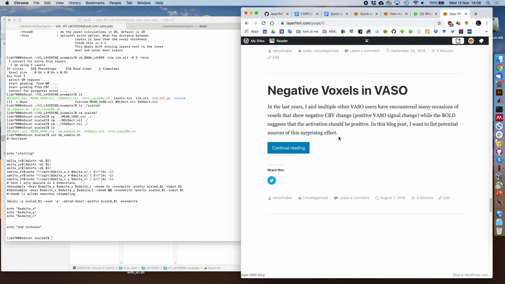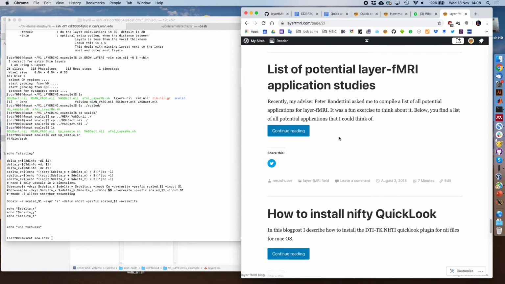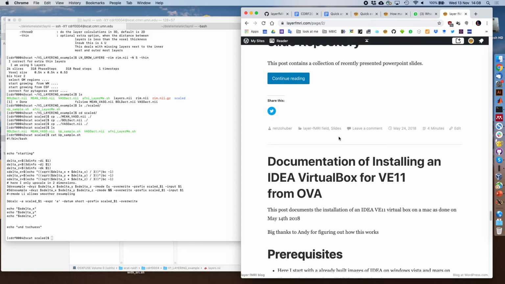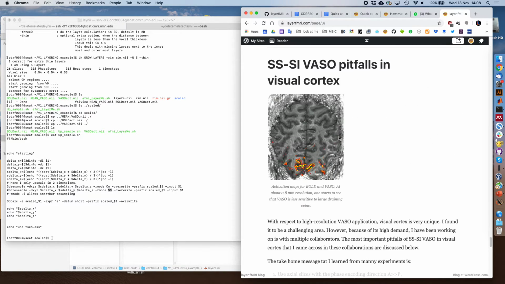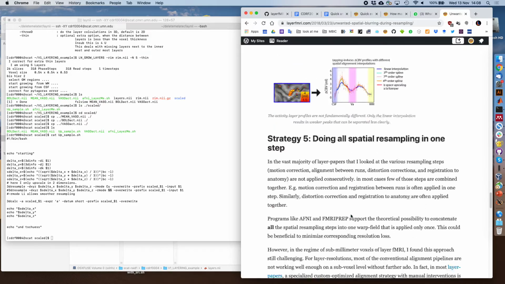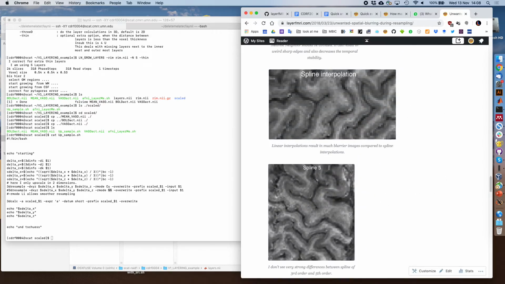What is better, nearest neighbor or spline interpolation? It depends on what you want, right? That's the reason I'm throwing this one in again. I think I had a post about that. Basically, I just want to say, I absolutely agree with you that if this is going to make the difference,